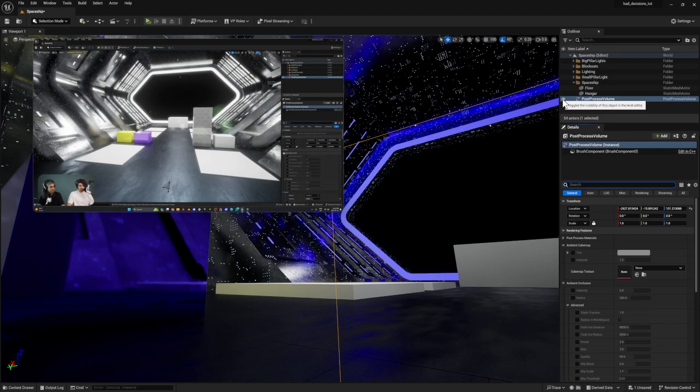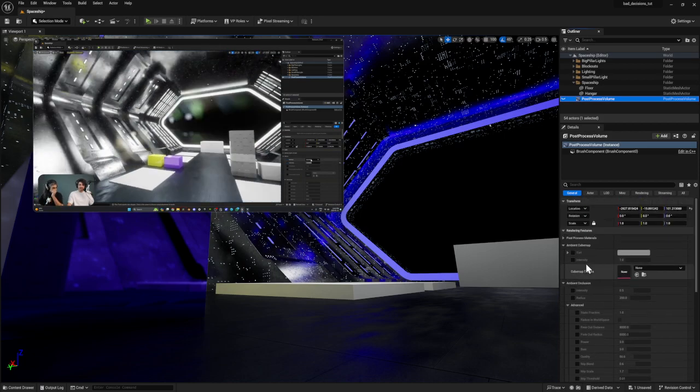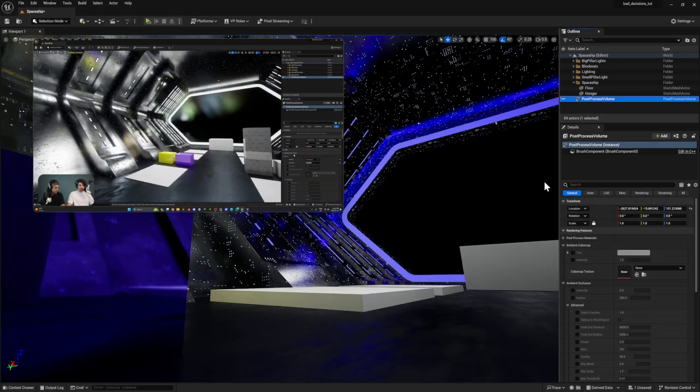Now, starting with, we don't need mobile depth field. Our bloom, there is the standard function, and there is convolution. So convolution is more expensive